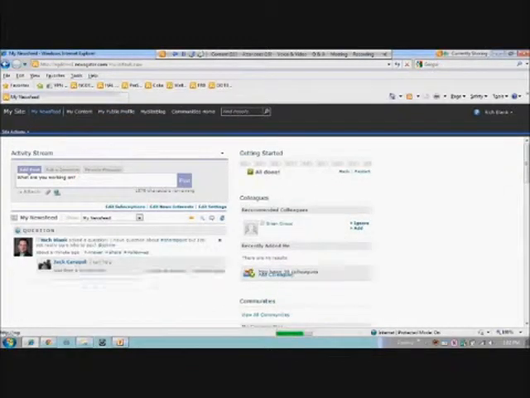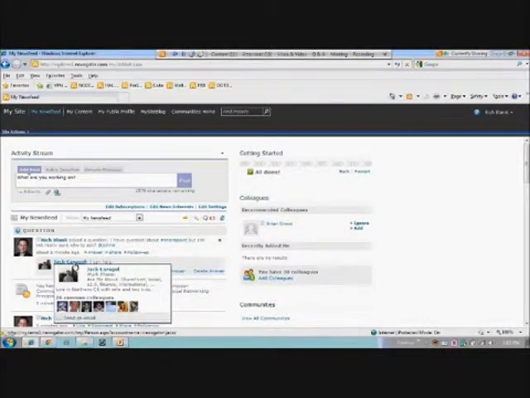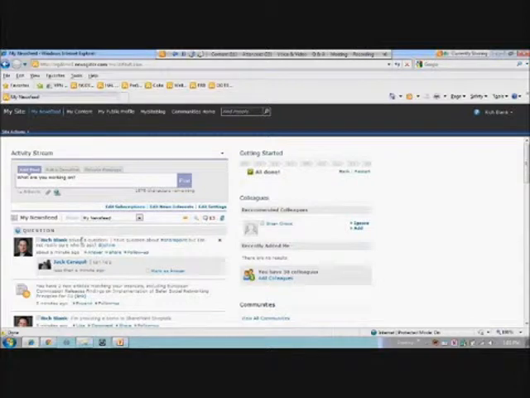So it's likely that you could see people have already responded, and I didn't set this up. Obviously, this is a demo, but Jack here, he was tagged. His profile was tagged with the word SharePoint, and he received it. And you can see if I hover over his name, a little card pops up, and it says "Ask Me About SharePoint." Because I asked that question, he was alerted and said that he can help. And so that's a little bit about the Q&A functionality.